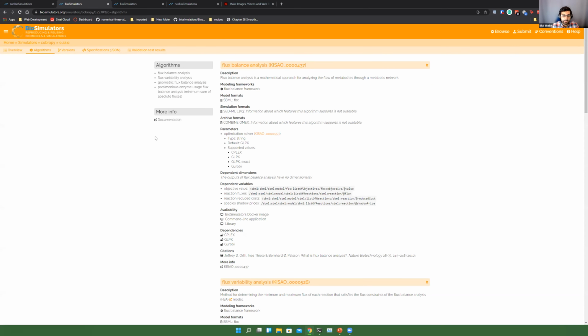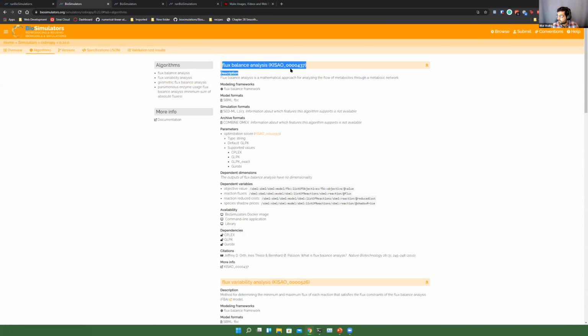So like I said, this was a flux balance model. So if we try to run this with Tellurium, for example, which runs ODE models, that might not work. Unless, correct me if I'm wrong, I don't think Tellurium has support for flux balance models. So we now need to take a look at how we can actually run this. We see here that the tool that was used was COBRApy, and we can take a look at the algorithms that it has available.